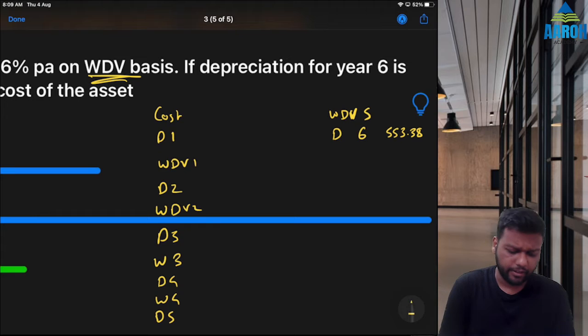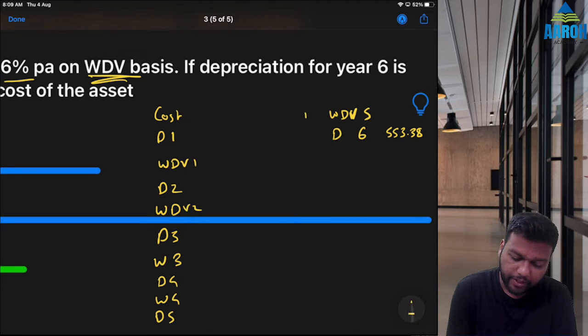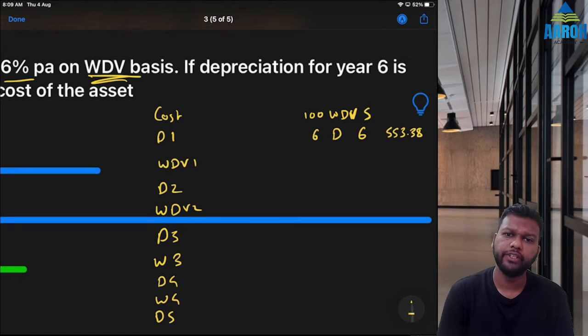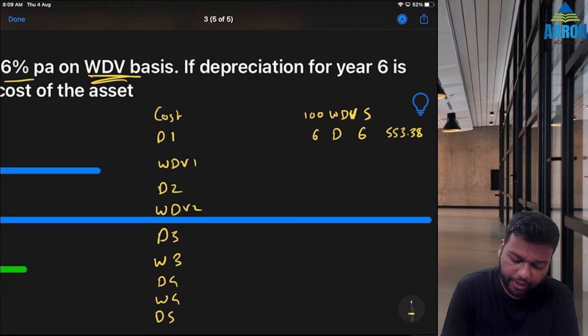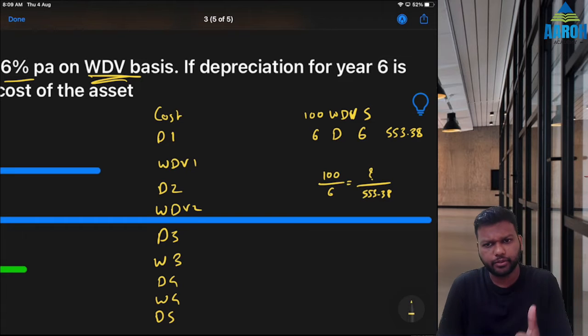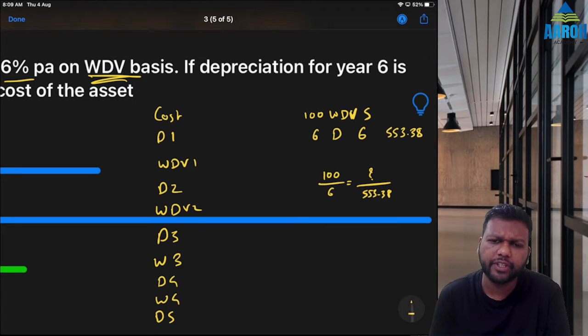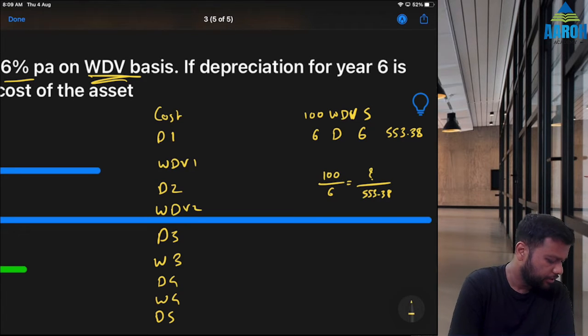Now understand, 6% on WDV basis. That means if WDV is 100, depreciation is 6, right? So we have a ratio. 100 is to 6 as what is to 553.38? So we can calculate that: 553.38 multiplied by 100 divided by 6. So that gives us